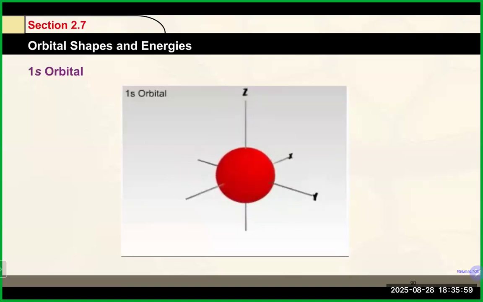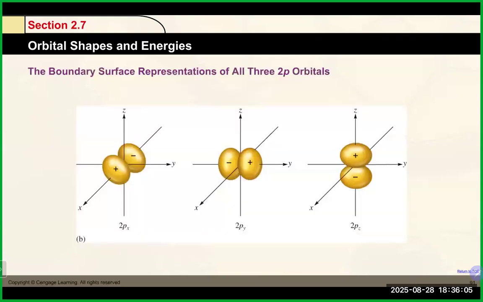An s orbital has a spherical shape with the nucleus at the center. And the next type of orbitals are actually p orbitals. And p orbitals, there's actually 3 types of p orbitals. By the way, for s orbitals, there's only one type of s orbital. And there are what is referred to as the px orbital, the py orbital, and the pz orbital on the